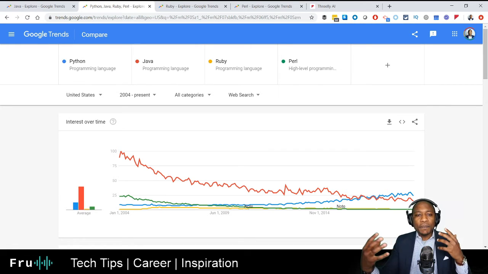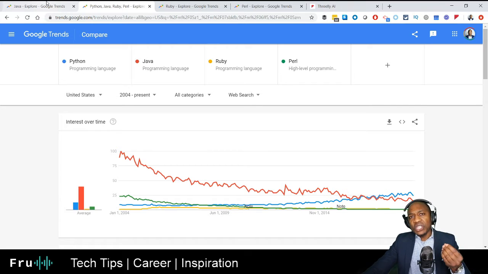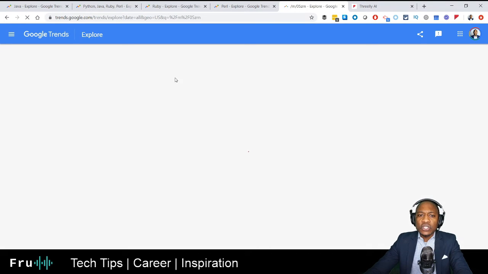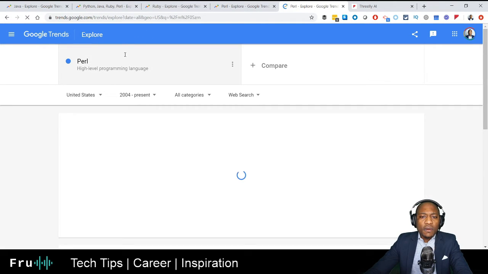If I had some topics I was very confused about and had no idea what to do, I would leverage something like this to help me make an informed decision based on data, based on what people are doing. One of the other questions that I've been getting quite a bit is about getting certifications in being a Scrum Master. I'll just send them this link and say, go do your research. Let's search for